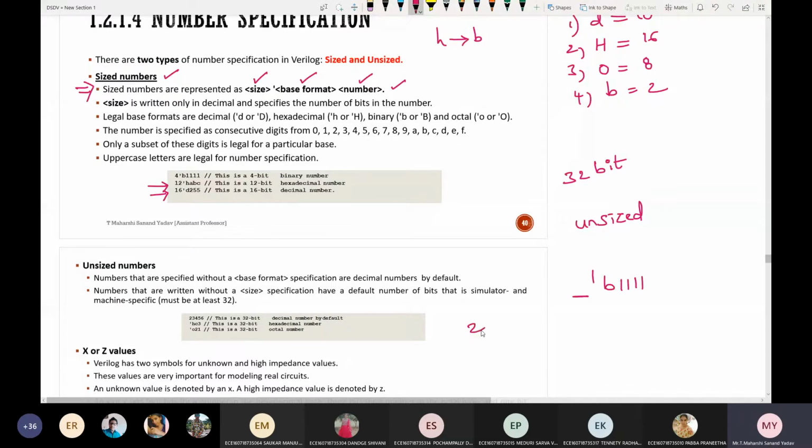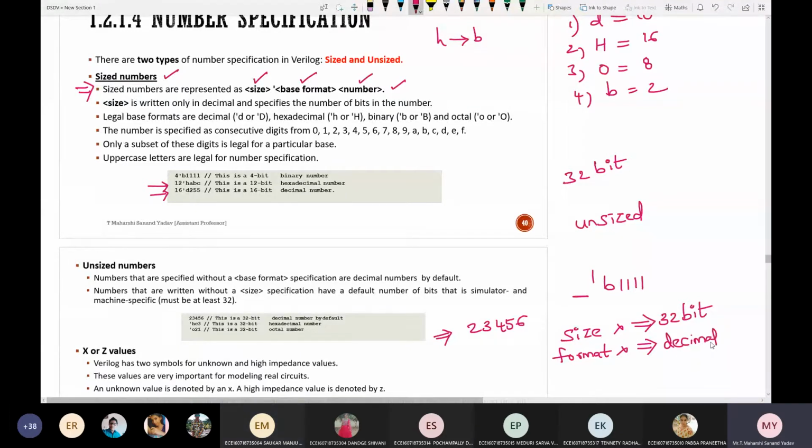What else is missing in this format? The size is missing, and the base format is missing. If the base format is not mentioned, by default it takes decimal.